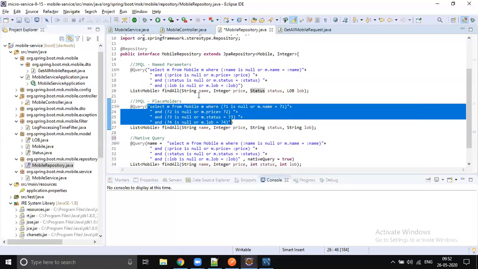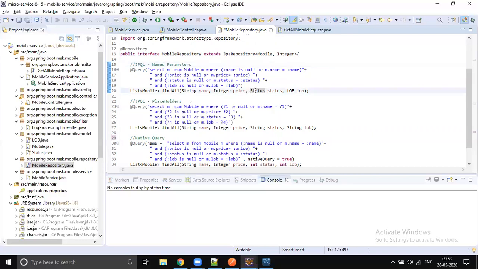Be very careful choosing the methodology you want to implement. If it is named, then you get the benefit; named are better. That's why when you open any example, most of them use named parameters. They don't say why they are using named parameters. If it is the placeholder methodology, then you must take care of converting the enums into strings.